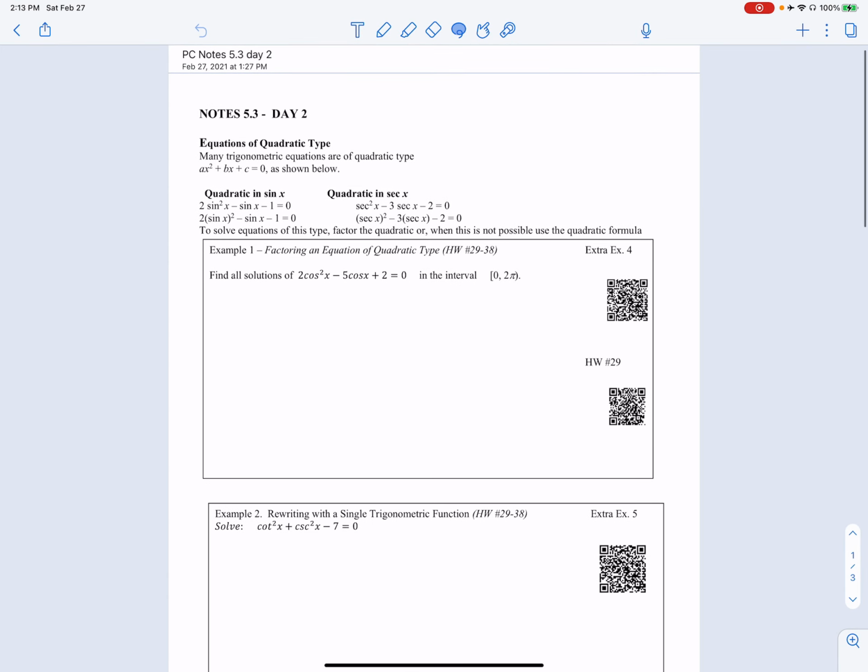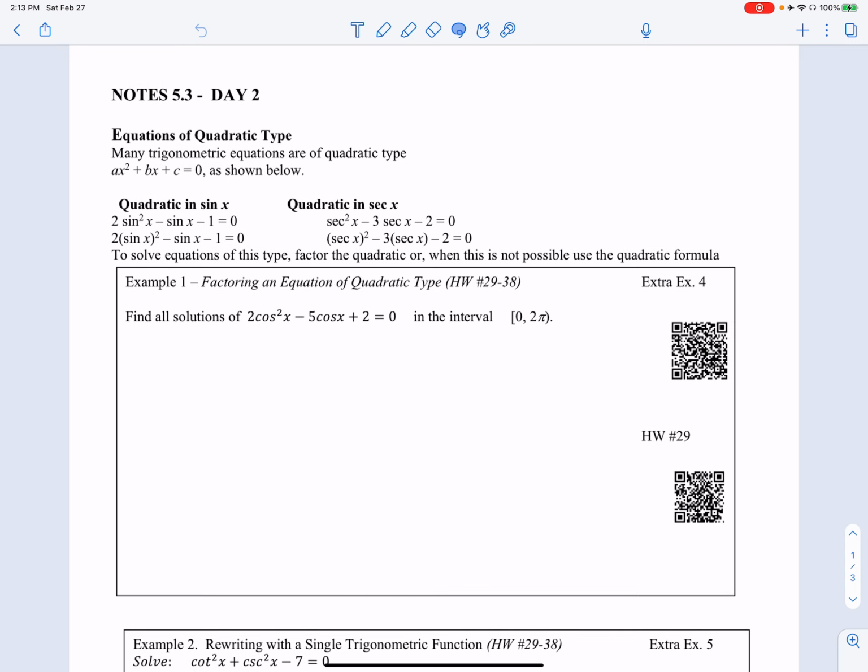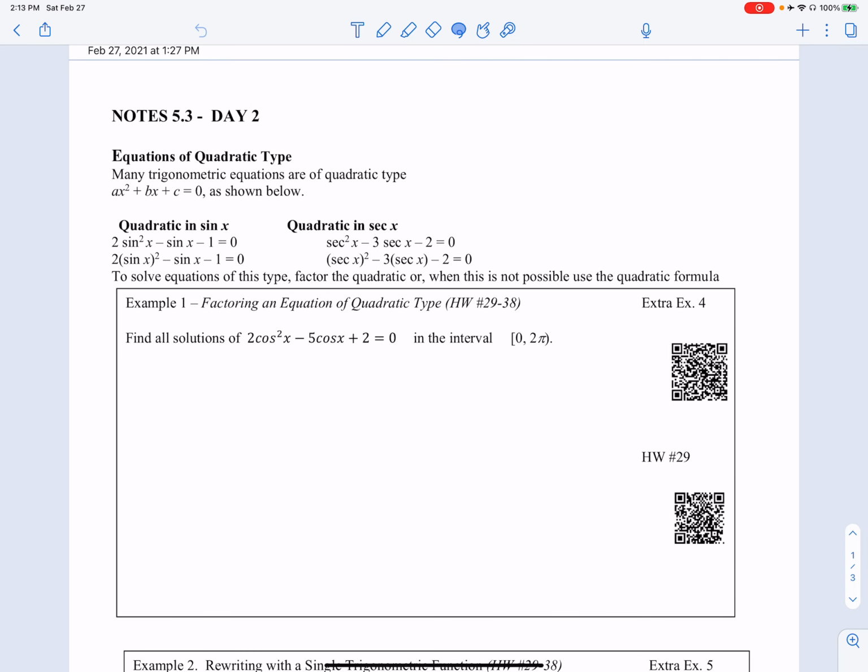Pre-calculus 5.3, day 2 notes. So continuing to solve trig equations. And so you saw in the last section,